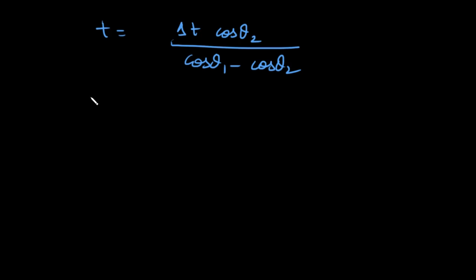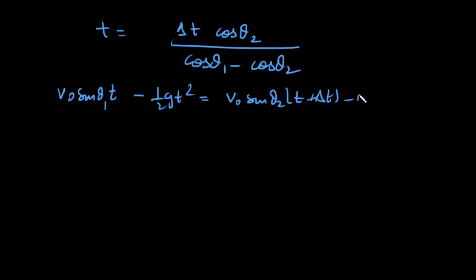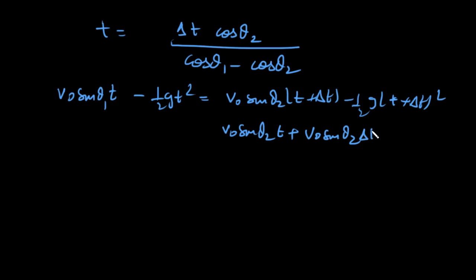Okay, so we have v naught sine theta 1 t minus half g t square. This would be equal to v naught sine theta 2 (t plus delta t) minus half g (t plus delta t) whole square. Okay, let's expand this. We have v naught sine theta 2 t plus v naught sine theta 2 delta t minus half g t square minus half g delta t square minus g t delta t. Alright, so this cancels out,